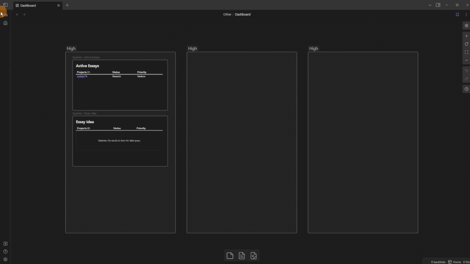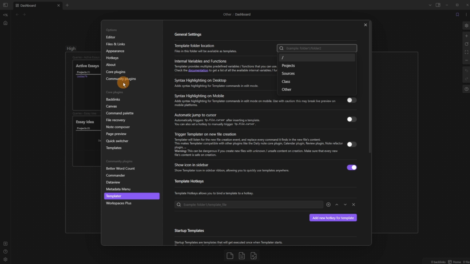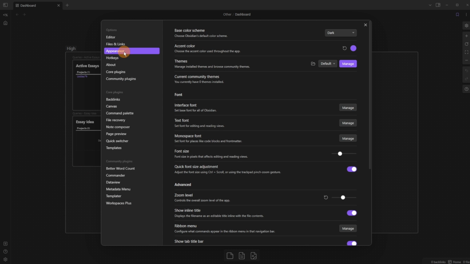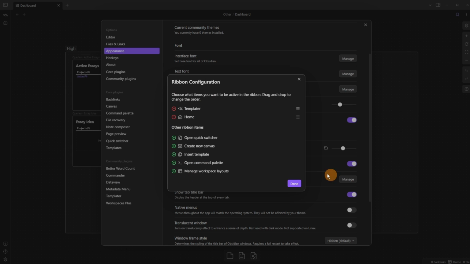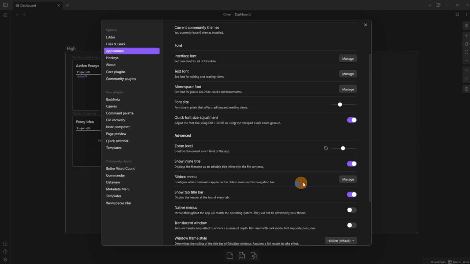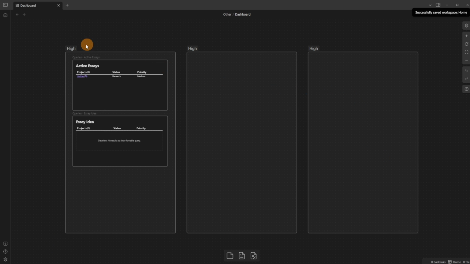So let's go to the home. Yeah, now the template buttons in there, I don't want that. So let's go to the appearance, let's go to ribbon and get rid of that. Done, come out, Control S to save. That's why I do it. Okay, so now we've got the active essays, essay ideas, then, oh, let's change this to